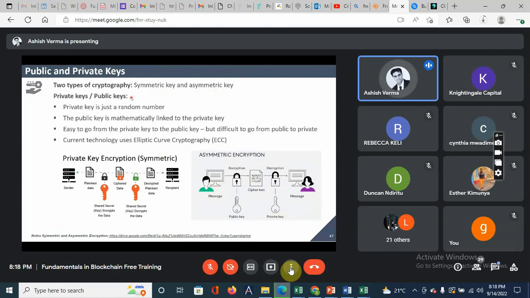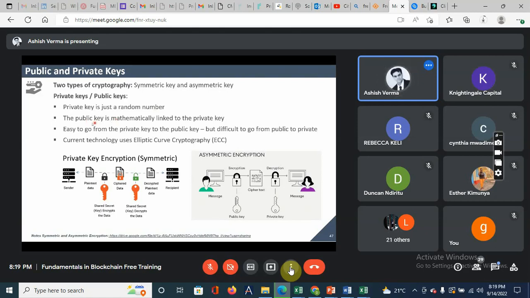So there were two concepts previously: we had private keys and public keys. So what is a private key? A private key is just a kind of random number. You must have heard people say, don't share your seed phrases with everyone. That seed phrase is nothing but a combination of random phrases which you come up with, which is known as your private key. You can actually create it by yourself.